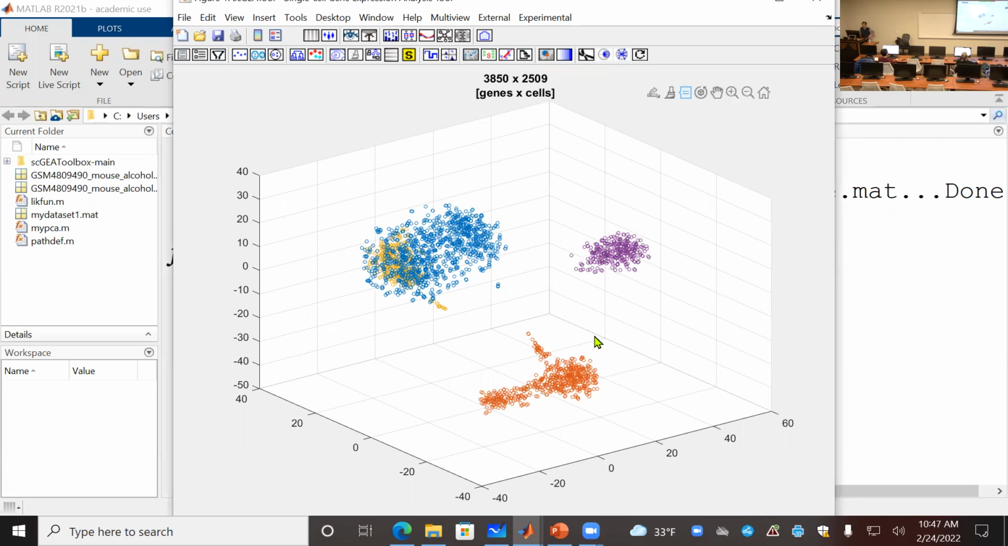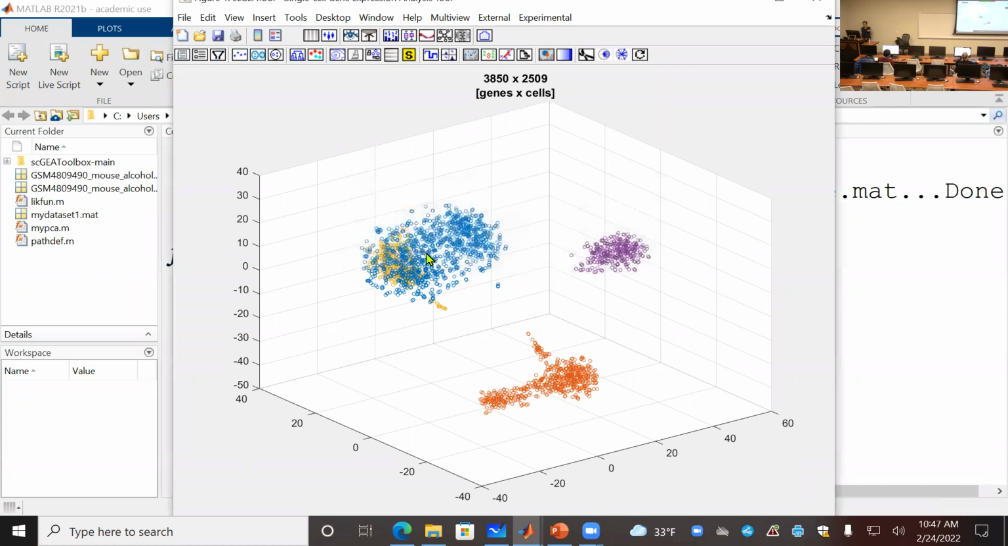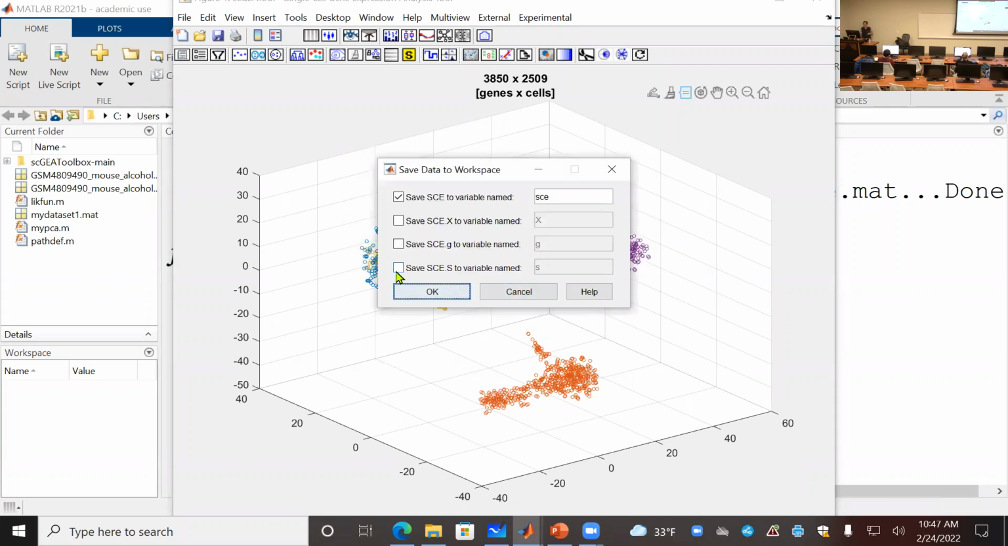I can give a couple of seconds to wait until you have the same screen here. I want to borrow the coordinates for those cells. So if you can have this interface now, click this export and save data. Okay, I will export my data into the workspace. What we need is the last one, the